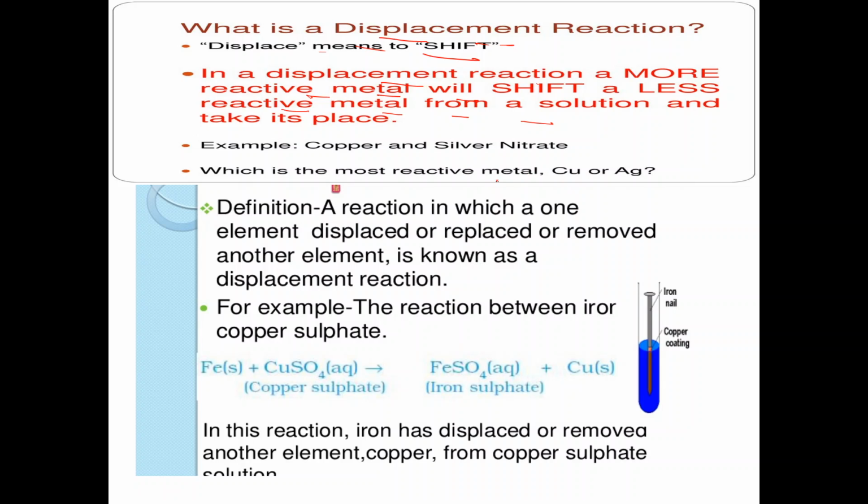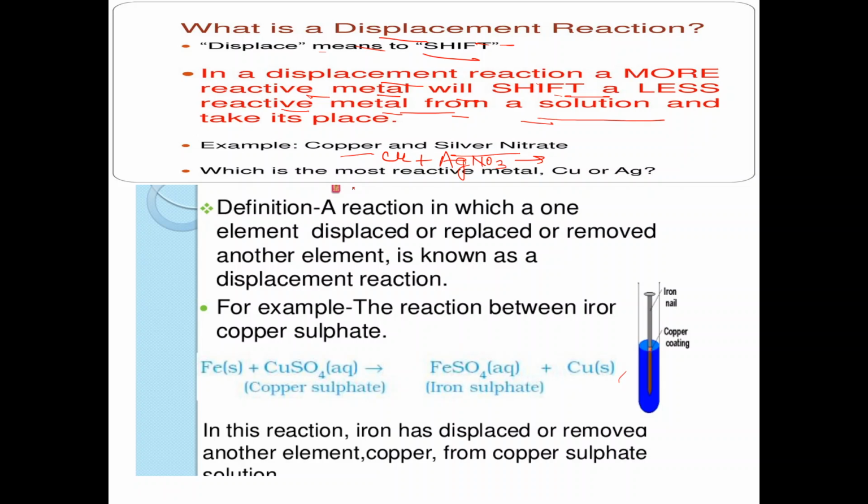Followed? So on exposure to air, iron gets rusted. Copper also forms basic copper carbonate. Aluminium doesn't get rusted. So it means some metals are more reactive and some are less reactive. So a more reactive metal will displace a less reactive metal from its salt solution. For example, copper and silver nitrate. Copper when it reacts with silver nitrate,